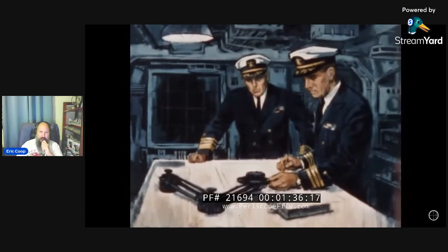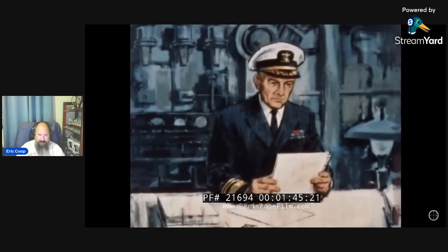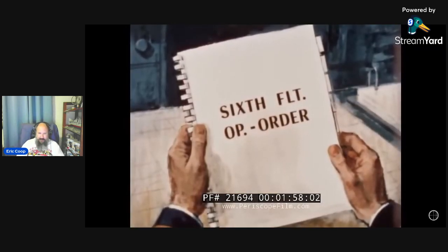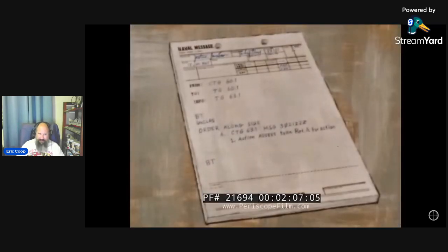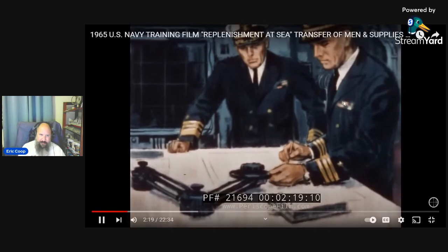If there's one thing that alone could be called the key to successful replenishment, it is advanced planning. For the officer in tactical command and the underway replenishment group commander, planning for this operation was begun when the schedule was promulgated. This resulted in an op order for this replenishment. Now, with the replenishment scheduled to begin tomorrow morning, the OTC originates a message directing the order in which ships will go alongside. He will also prescribe the replenishment formation and a tentative course and speed, taking into account any recommendations he may have from the